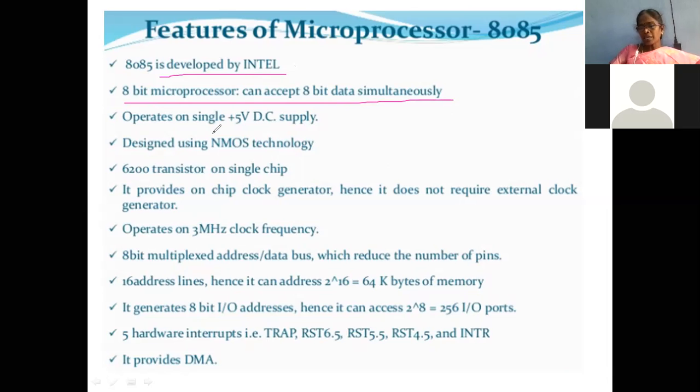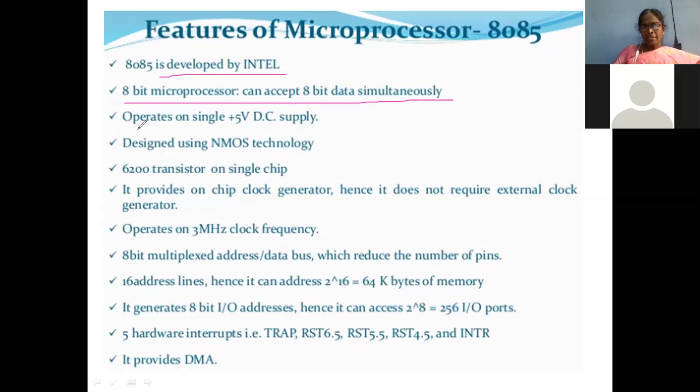And you might have studied the MIPS processor, right? Have you studied the MIPS processor? How many bits is that? Can you tell? The MIPS processor is a 32-bit processor, right? So how do we say it is a 32-bit processor? It can receive 32 bits of information and perform any addition operation, multiplication operation, and store the result